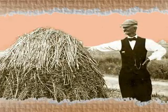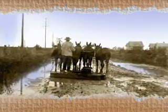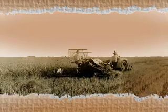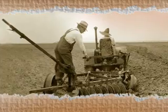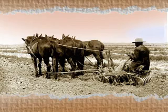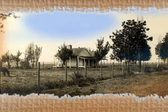We have the highest disease pressures anywhere in the country, so we've always had challenges that the other states do not have. There was a very real need to have better varieties and better germplasm. So we had a number of leading producers that got together, purchased a small amount of land, had some land donated, and suggested that they would donate the land to the experiment station if a research station could be established